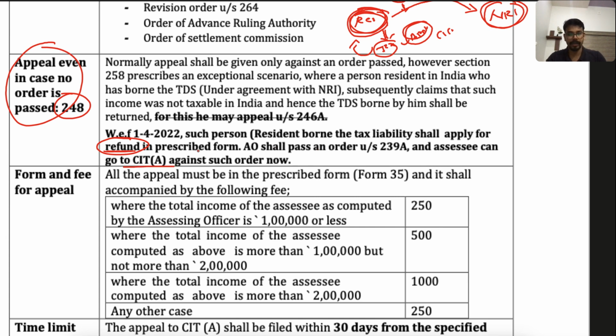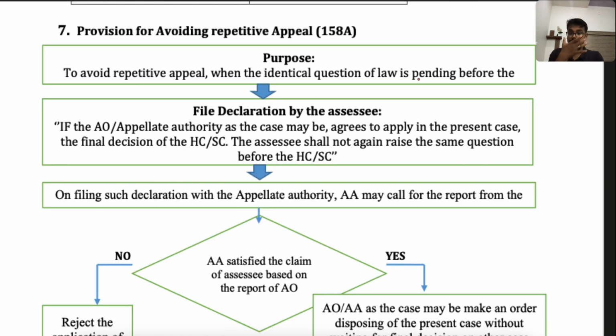Are you getting it, everyone? Yes. Okay, so that is the amendment. Earlier this resident could directly go to appeal, but now he has to first apply for refund, and if there is any issue with the refund application, then he can go to appeal. Okay, that's an amendment. Another amendment is that we have a 158A provision for avoiding repeated appeals, because, for example,